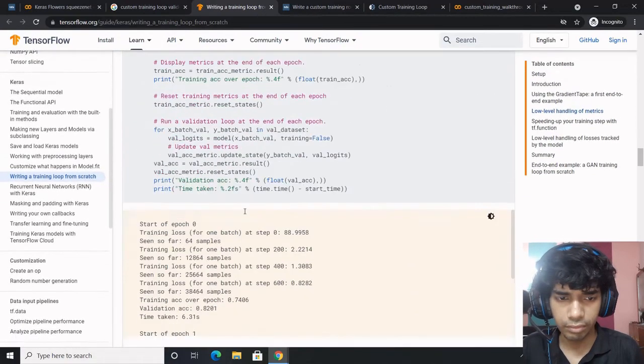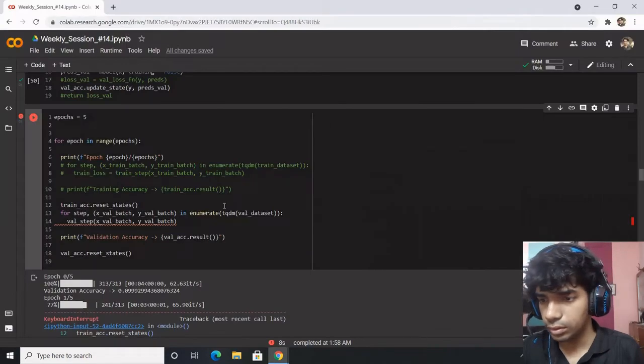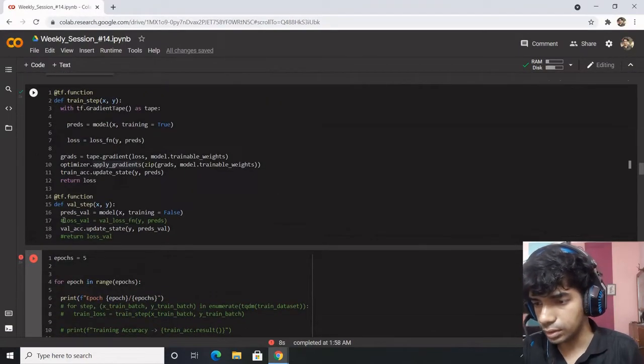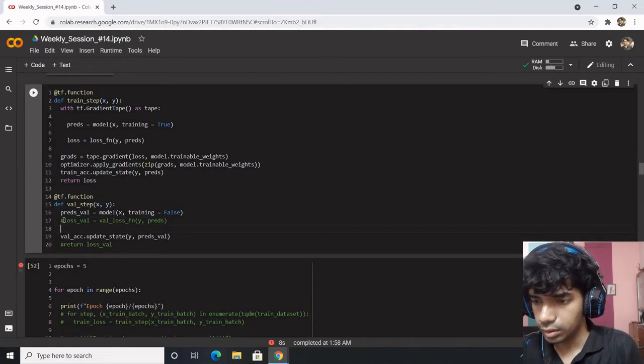But you don't define two different loss functions, do you? So why shouldn't it work for this as well? It should work.